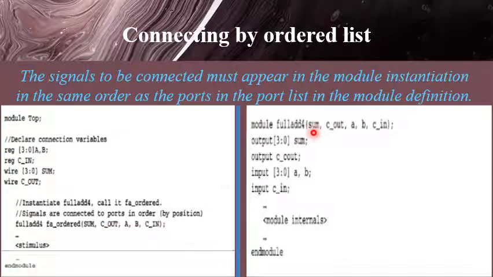So this lowercase sum is going to connect to the uppercase sum. So uppercase sum should be width matching with width. That is sum, here also it is 4-bit, here also it is 4-bit, and it is corresponding to the output sum of the full adder. Similarly, second port is Cout. Here also it is a single wire Cout.